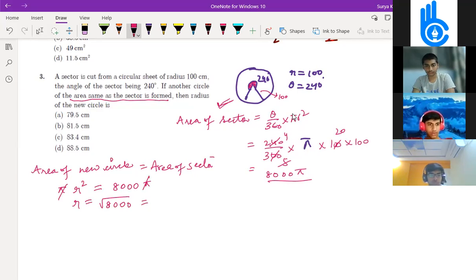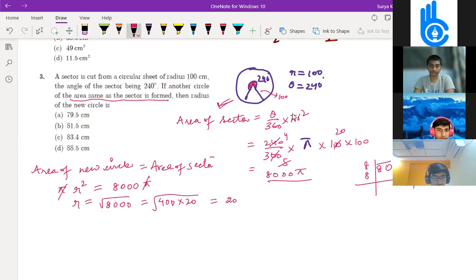8 is a 64. How did you get 81.5 here? How to find the square root of 8000? You can take 400 as a factor, and multiply the rest. Root of 400 we get 20. You take it to the front and the rest comes under the root, so 20 root 20. Again you can take 20, and root 20 is 2 root 5. So 40 root 5. The root 5 value you remembered.